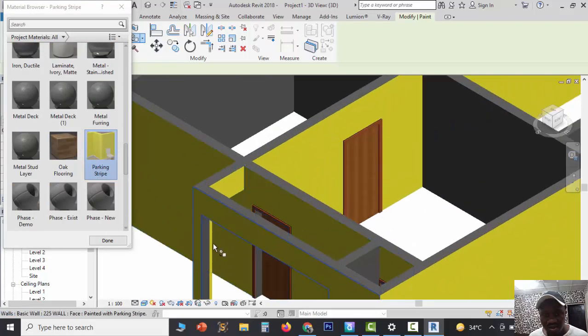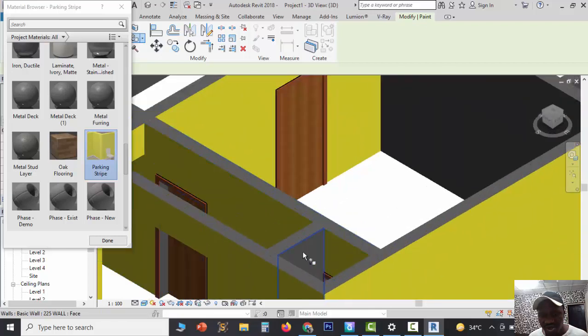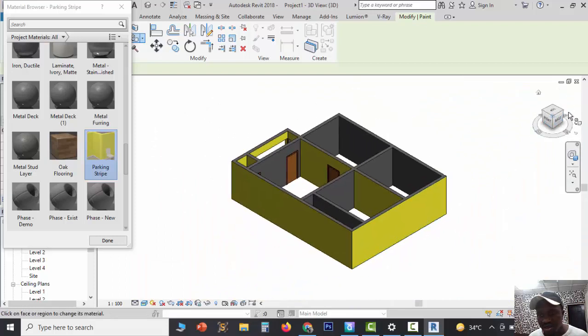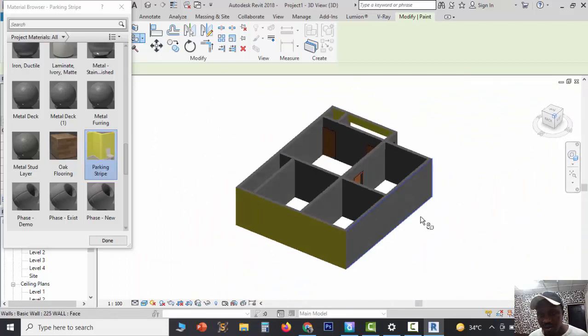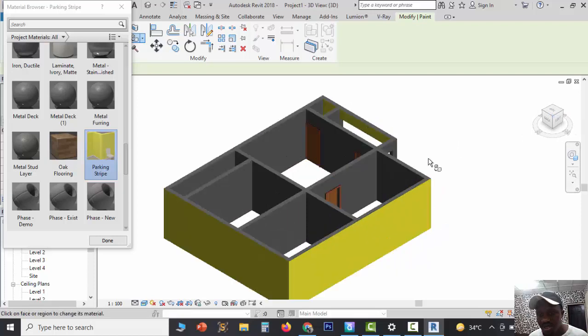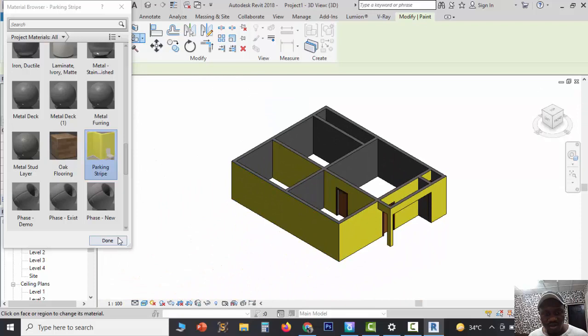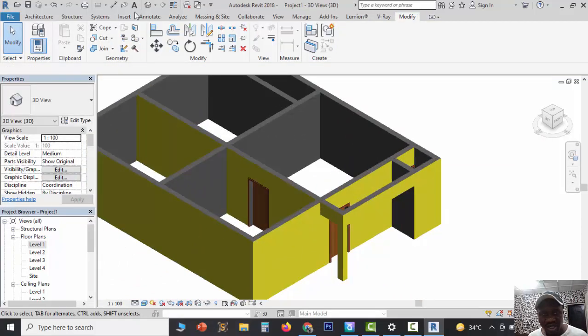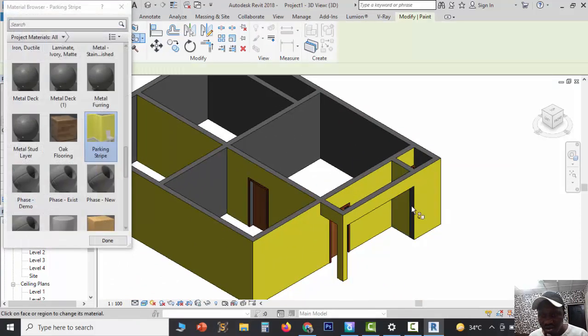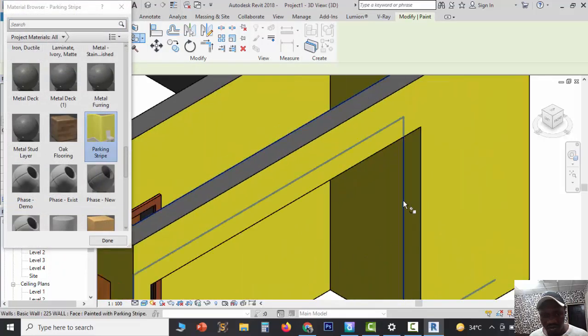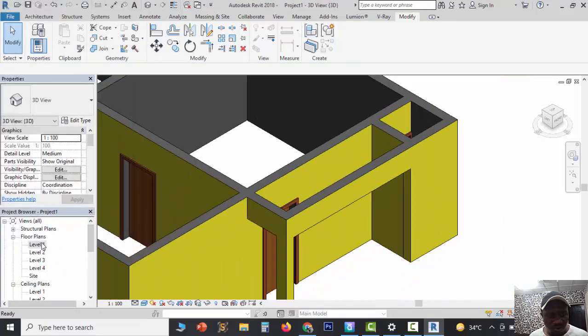The idea is to do my 3D in less than 15 minutes. I hope I've not gone over that. Paint kind of slow, don't mind me. So now the next thing is, okay, I've not painted this side. So I'll come to